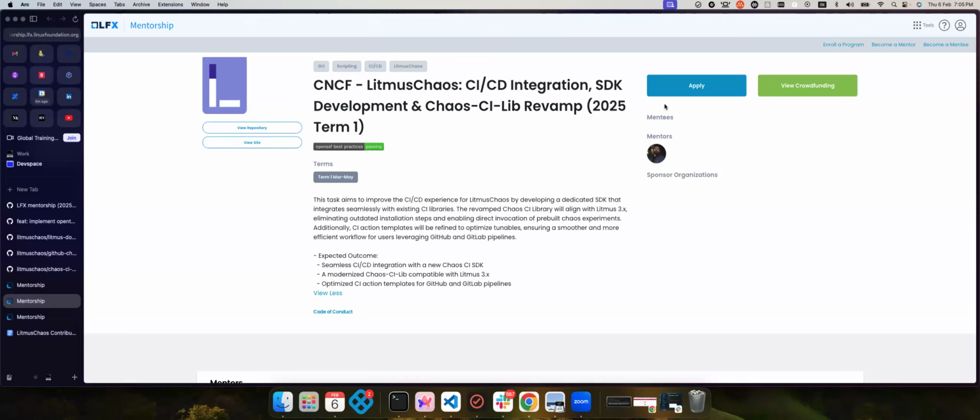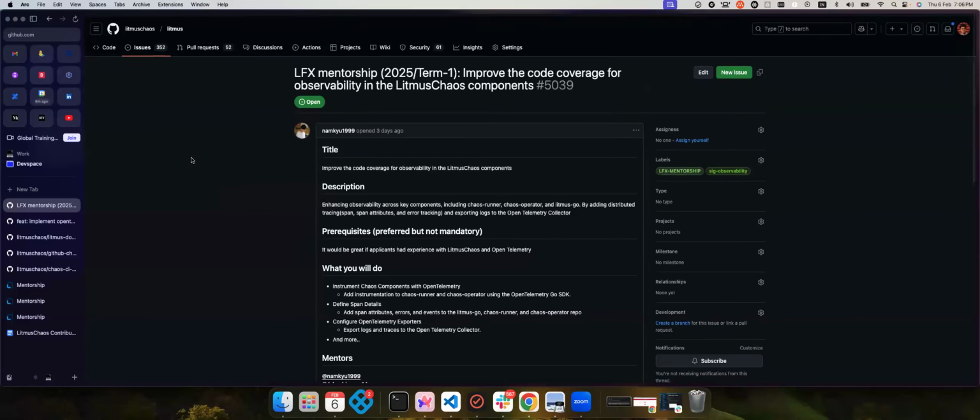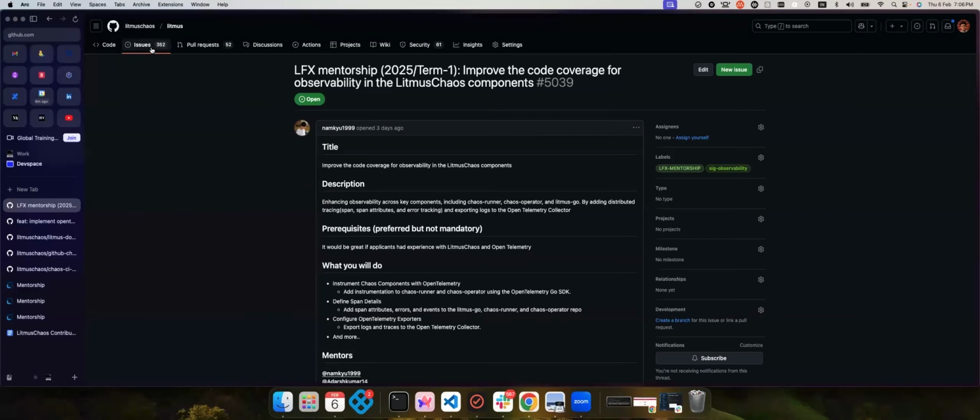There's a 2-step process where you apply with your resume and fill in a little bit of your details, and by the end of it, the maintainers or the mentors get the notification and you get your result 1 week after. The timeline for this is also mentioned here. So this is the Litmus repo, the main repo where you have the issues, the 3 LFX issues listed. This is one of them, and if I